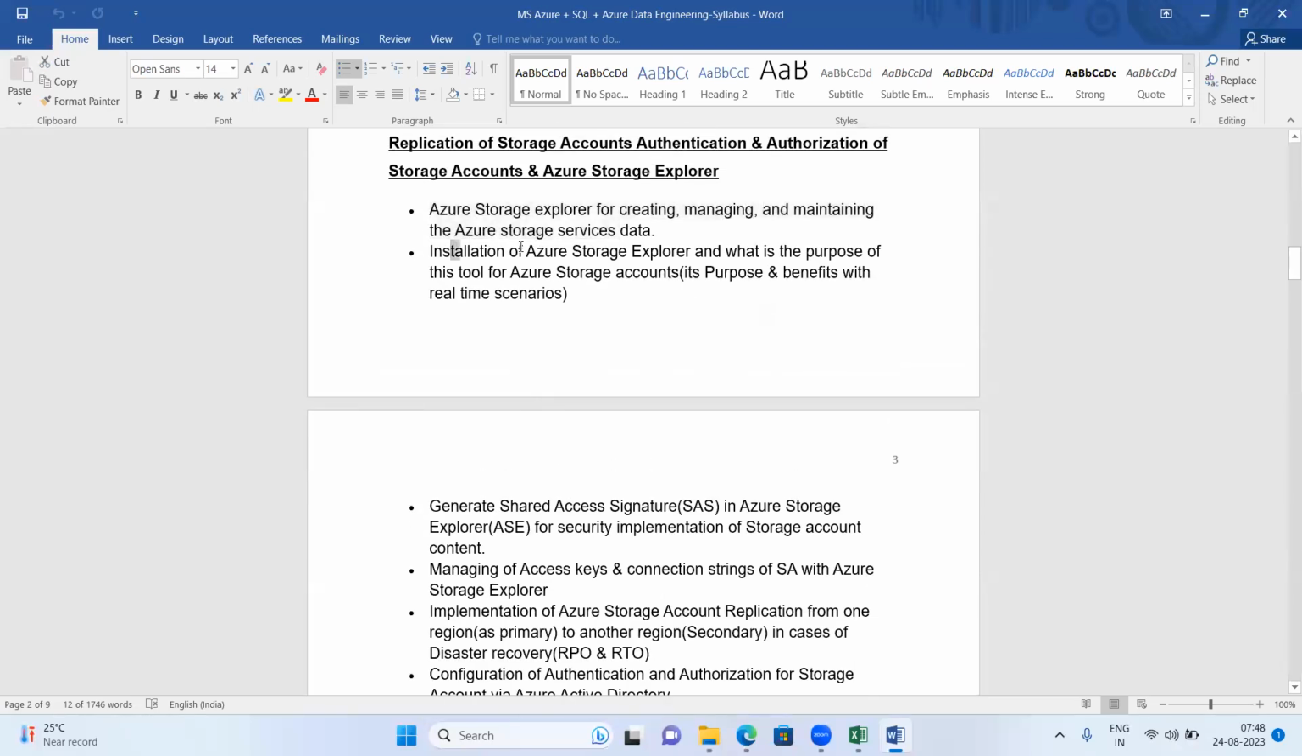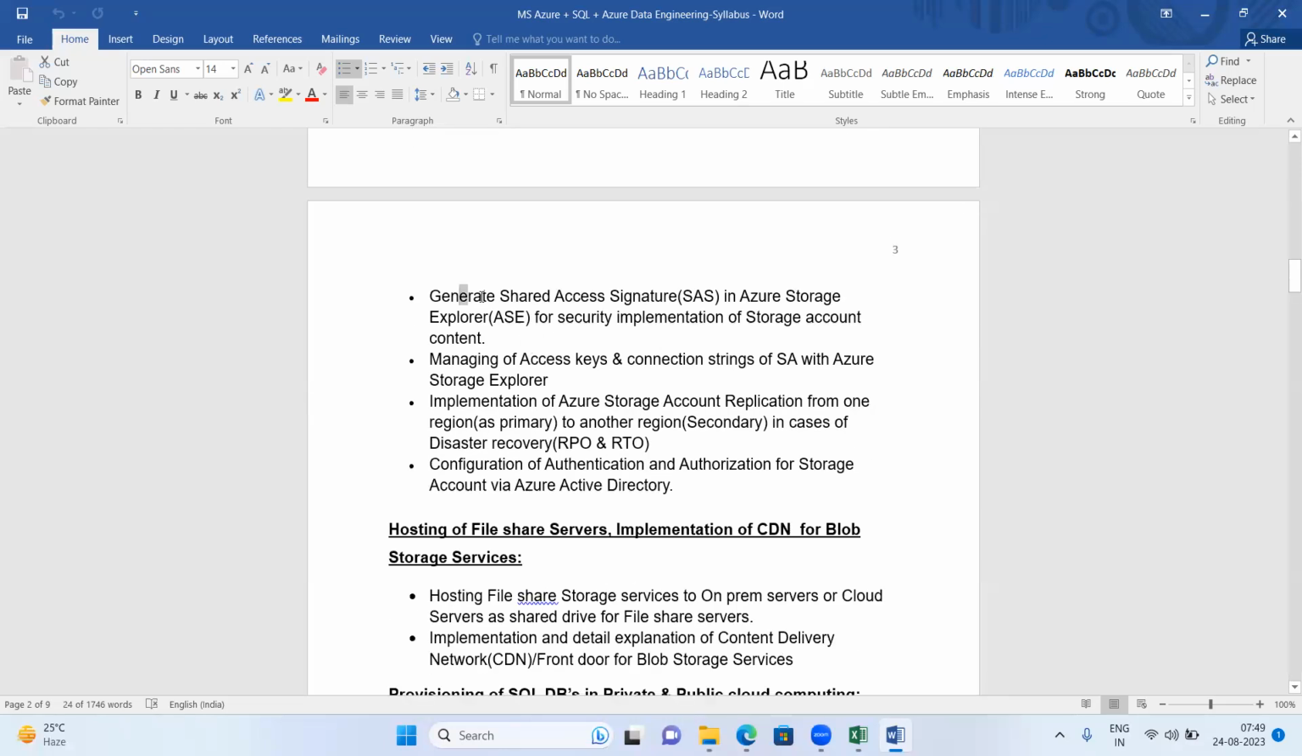I'll show the installation of Azure Storage Explorer, and the purpose of this tool for Azure Storage Account, its purpose and benefits with real-time scenarios. I'm going to show this with real-time scenarios. Generate shared access signature in Azure Storage Explorer for security implementation of storage account content. What I'm saying here,